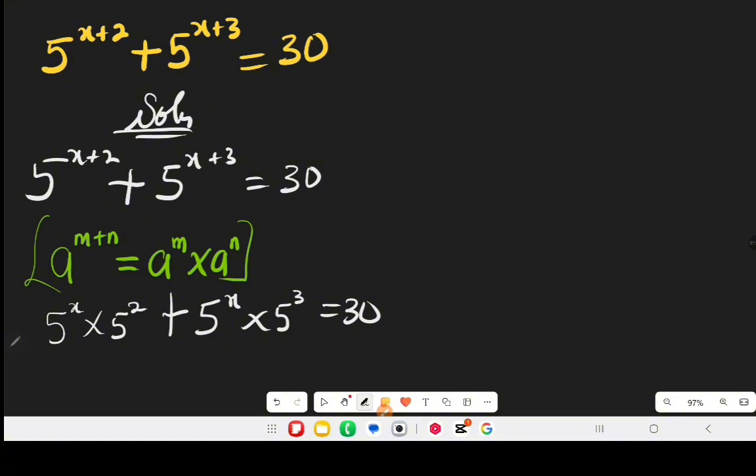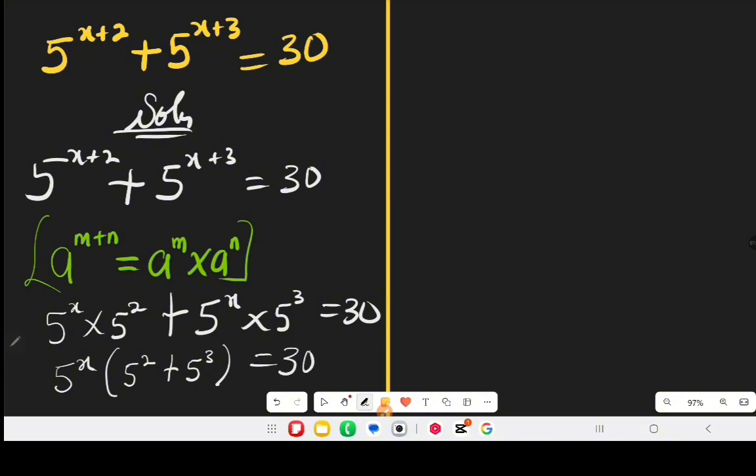In this case, we look for what is common. What is common is 5 raised to the power of x, so we have 5 raised to the power of x times (5 raised to the power of 2 plus 5 raised to the power of 3) equal to 30. Then we continue. 5 squared gives us 25, plus 5 cubed gives us 125, equal to 30. If we add 25 to 125, we have 5 raised to the power of x times